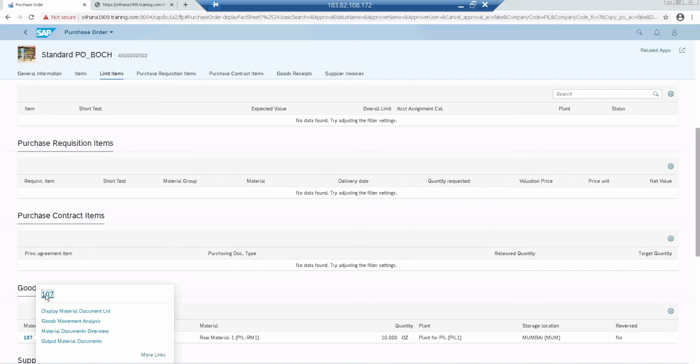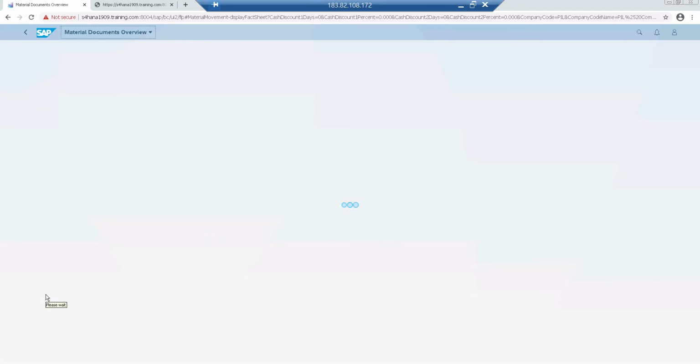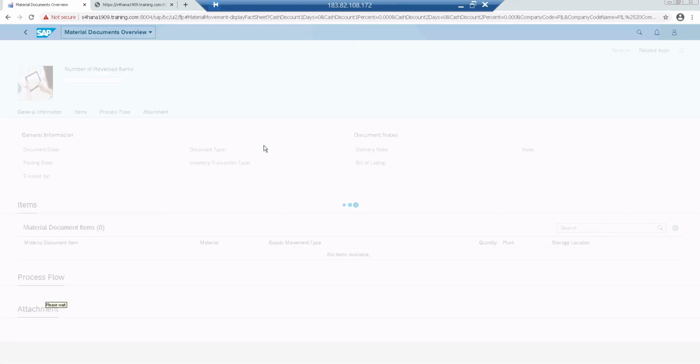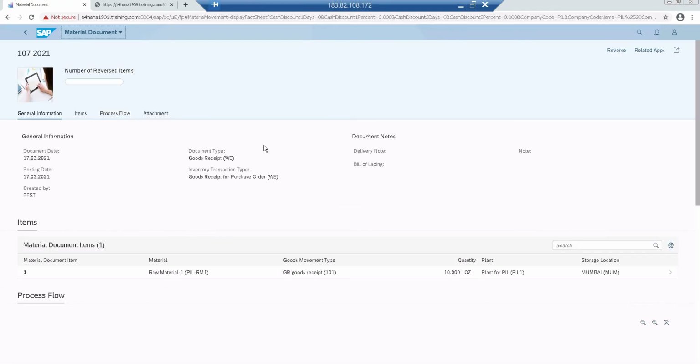And if you want to see the information about the material document information, just click it. It will take you to the material documents overview. So this is the basic information about the Fiori application, because it should be open in the mobile device, generally device. Okay, so not only in the laptop, not only desktop. So that's why you have a lot of screens involved and very limited information depends on the user and the